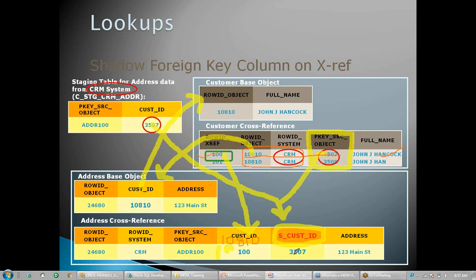So shadow key is still getting populated, but I just wanted to say that it is not useful now in the new versions. In the older version, it is still useful, because by looking at these two combinations only, I can identify the parent record. Otherwise, it's difficult to identify.